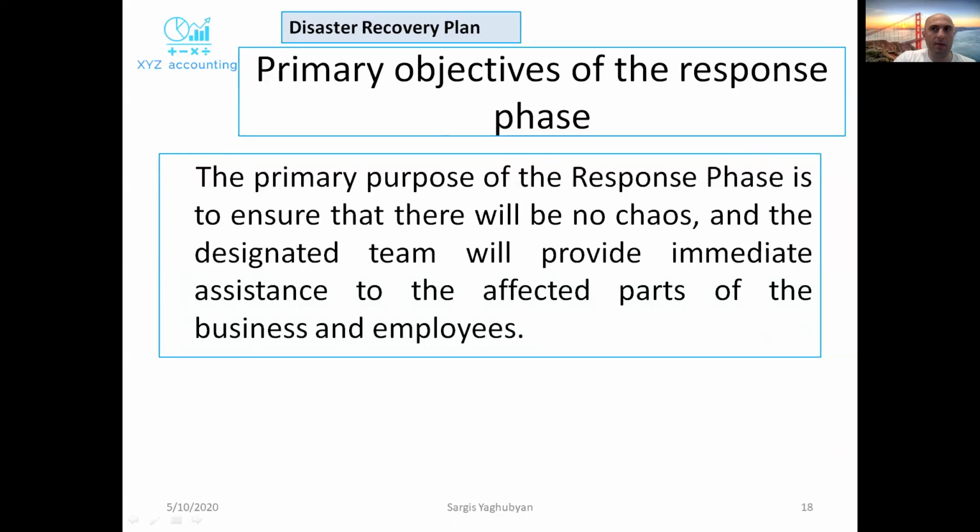The primary focus is to provide a solution that will stop the incident and ensure that the damage will be minimal. The response phase also covers the following objectives: incident identification, notification and alert, and action. Any unforeseen event should be quickly identified and a proper response executed. All action responses will include contacting law enforcement and emergency services, and XYZ accounting employees will be notified about further actions by their managers.